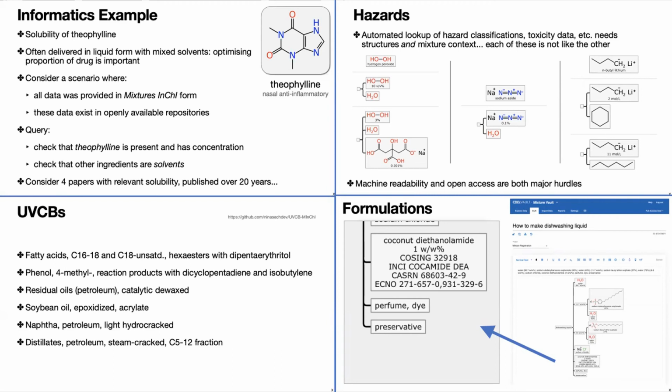This is a natural product. It's probably got a lot of different components in there. There's probably some fatty acids in there, but what else is in there? It's a natural source. It's not going to be consistent. So there's some limitations in what you can do here, but it could still be potentially useful for keeping track